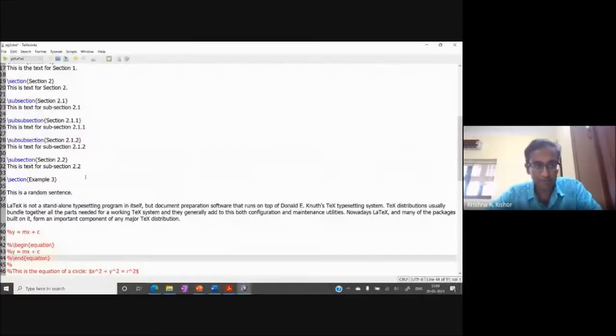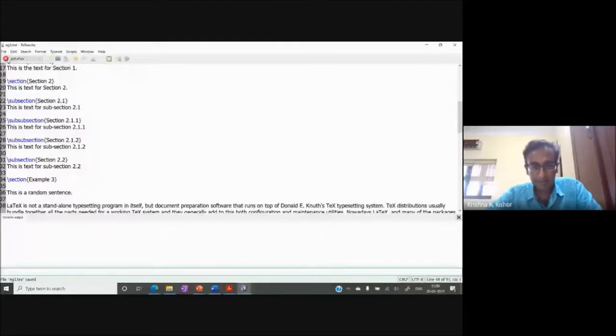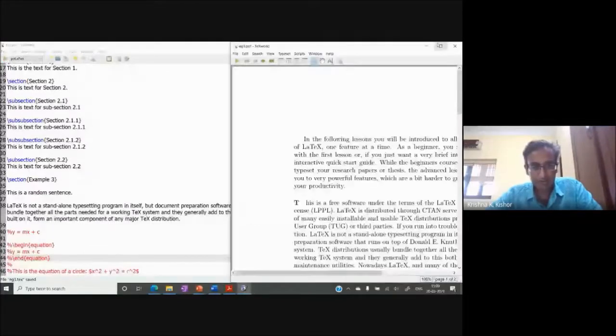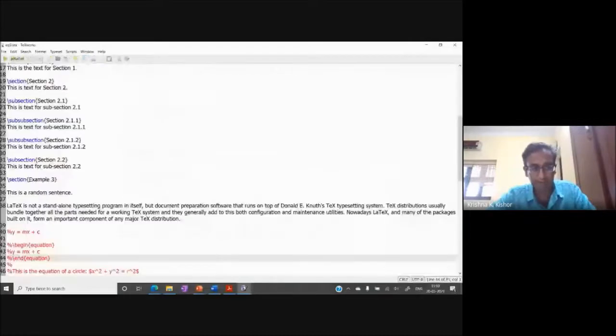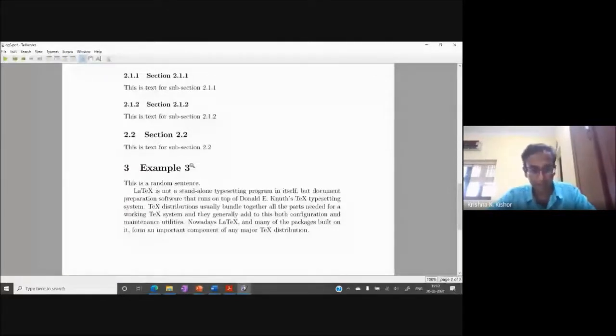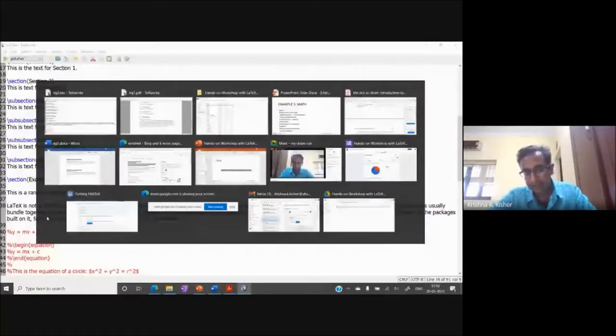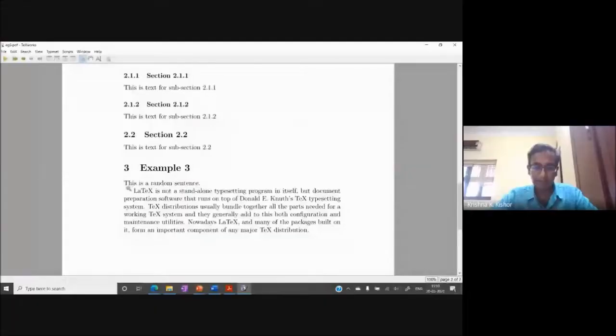So we have a reference. I compile it, and the output comes up. This is the first page, section 3. Now I'm doing example 3, so I changed the title header to example 3 and the section title to example 3. That's why it's coming up as example 3. This is the first paragraph that we had over here, and the next paragraph, so we have 2 paragraphs here. Note that in the section, the first paragraph is not indented. This is a default setup. If you want, you can make it indent, but typically it's not a very serious matter.